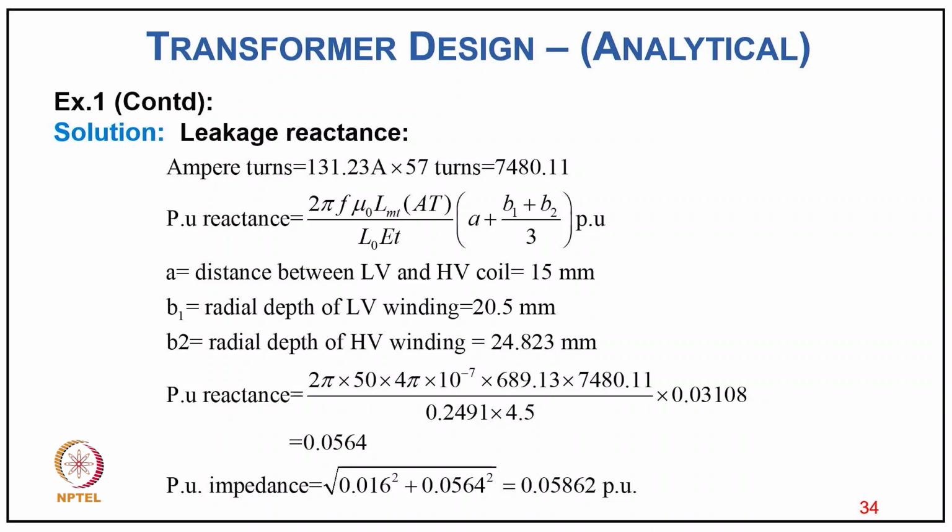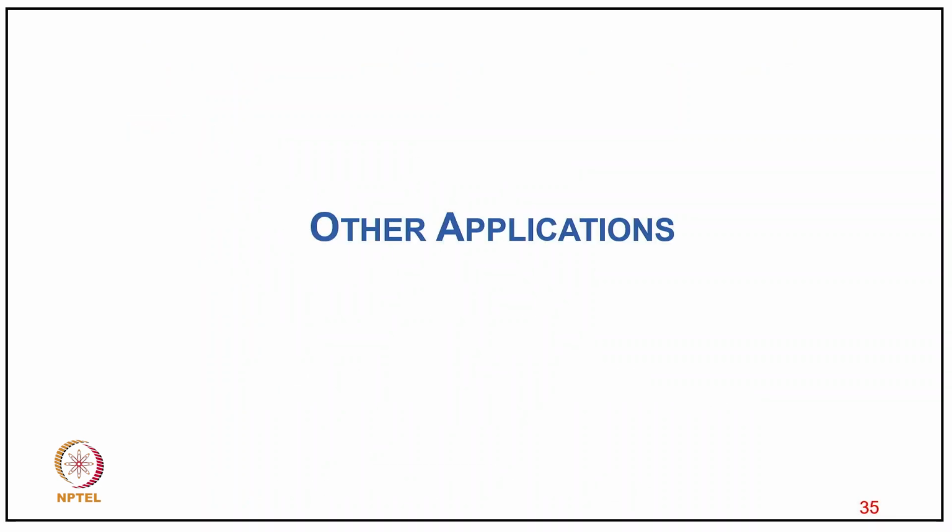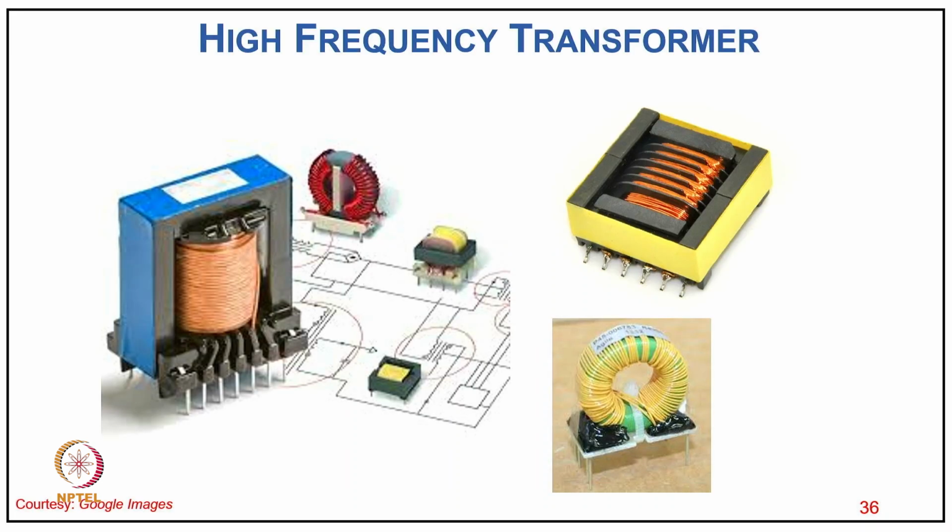Per unit reactance, putting in the values, comes to 0.0564, and per unit impedance is under root R square plus X square, so it comes to 0.05862 per unit. Now coming to other typical applications, there are plenty of high frequency transformer applications like